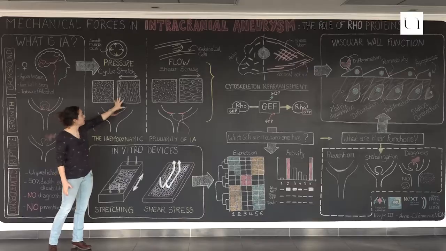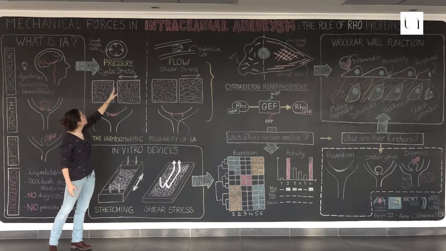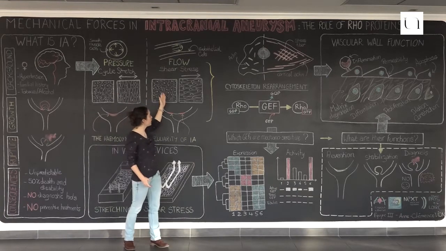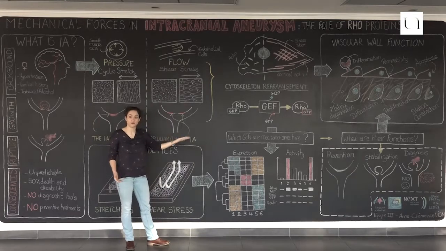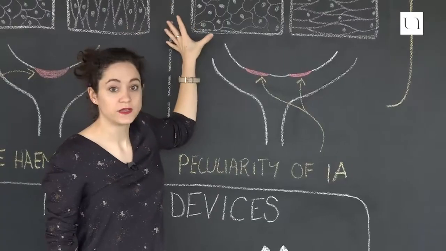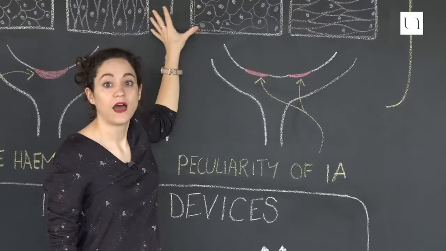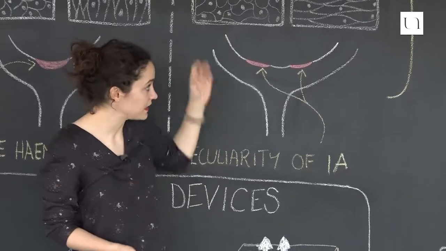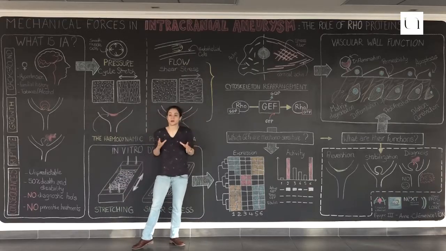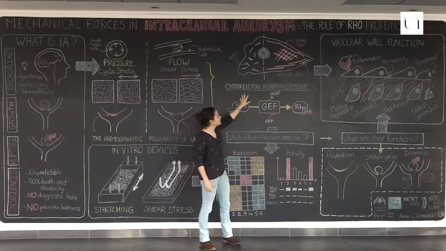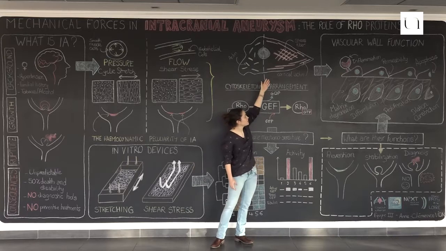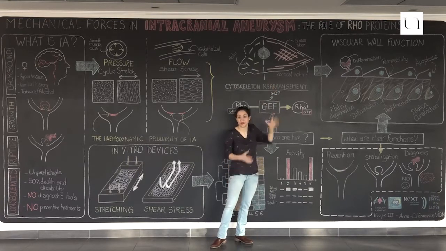actually, as you can see here, under physiological conditions, smooth muscle cells react to this stretch by becoming perpendicular to the stretching direction, and the endothelial cells tend to orient parallel to the flow direction. And this reaction is possible because these cells have a lot of mechanosensor molecules at the surface and within the cells. And these mechanosensors mostly converge toward cytoskeleton rearrangement with stress fiber formation or cortical actin formation, depending on the